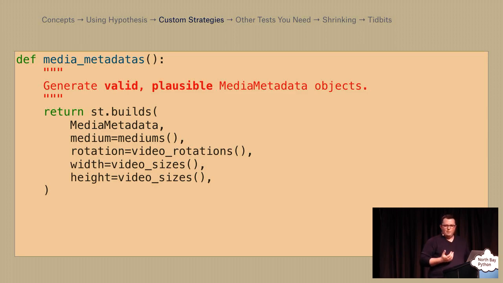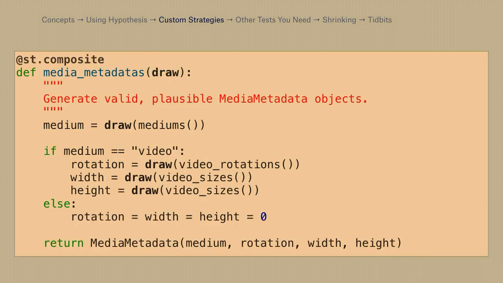But there's, again, a more powerful approach that will give us even finer grained control over the things that go into our object. That's called composite. So a composite strategy is a Python function or a Python callable that's wrapped with the composite decorator. And what that does is it passes a single argument to our function called draw. Draw lets us programmatically, interactively get values from any number of other strategies. We don't have to inform Hypothesis about those strategies. It doesn't need to know about them ahead of time. All we need to do is have access to them, and we can call draw on those strategies,